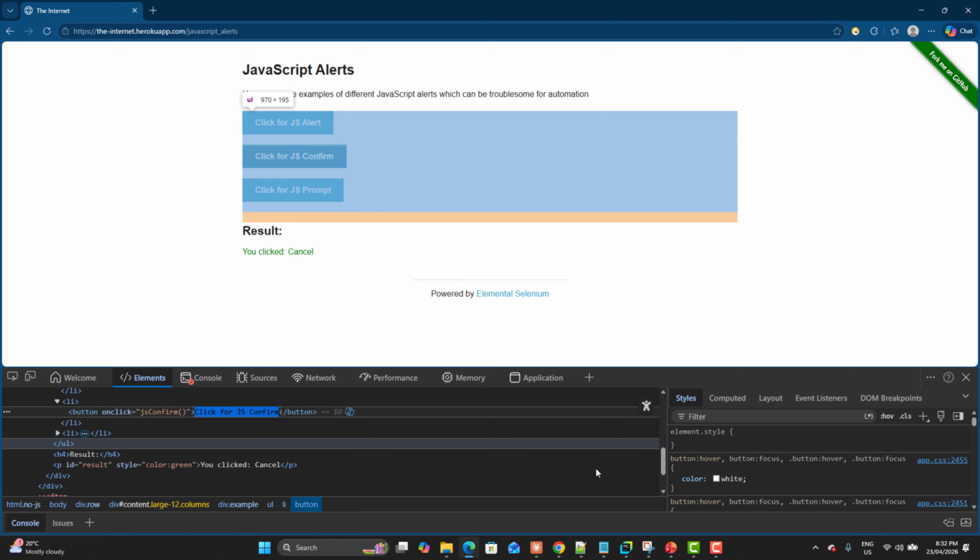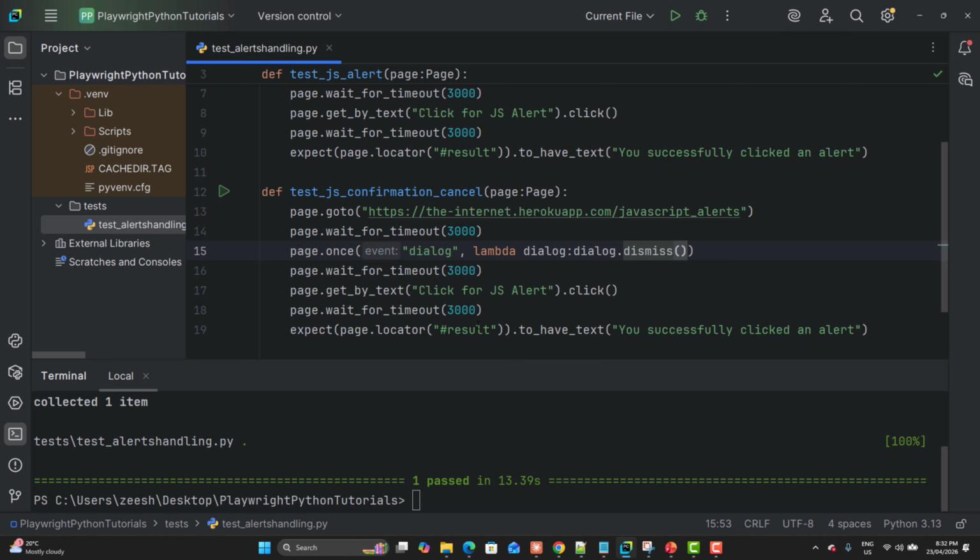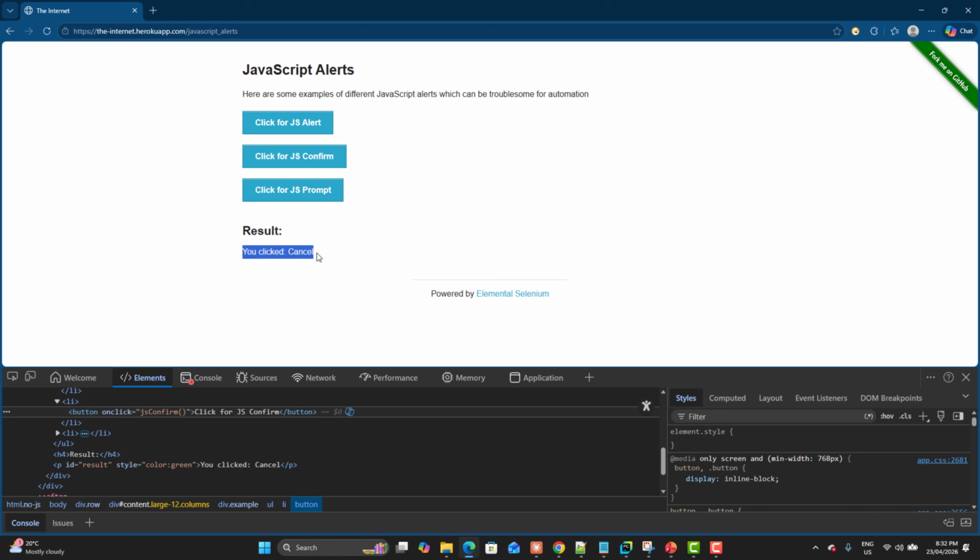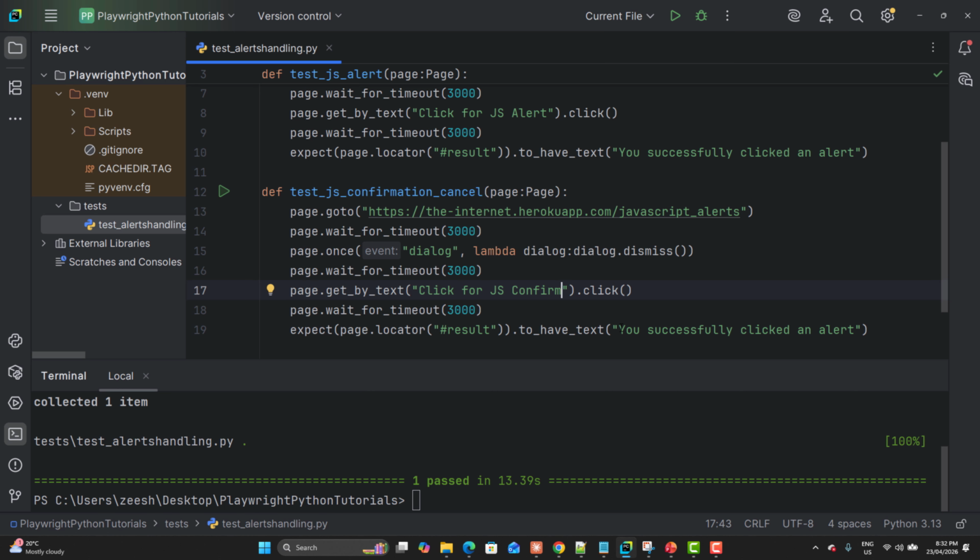Copy from here, go back here and change the locator so that we can click on the right button. And once we have clicked on the right button, what text are we getting? So you clicked on cancel, so copy this text, paste this over here,